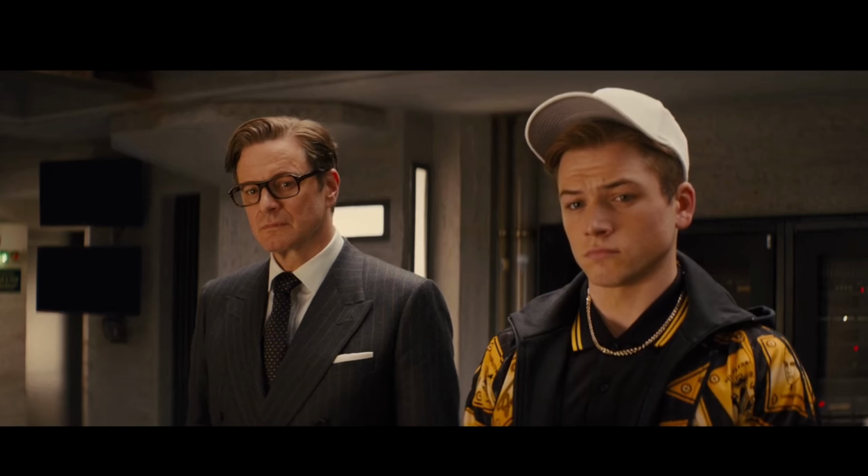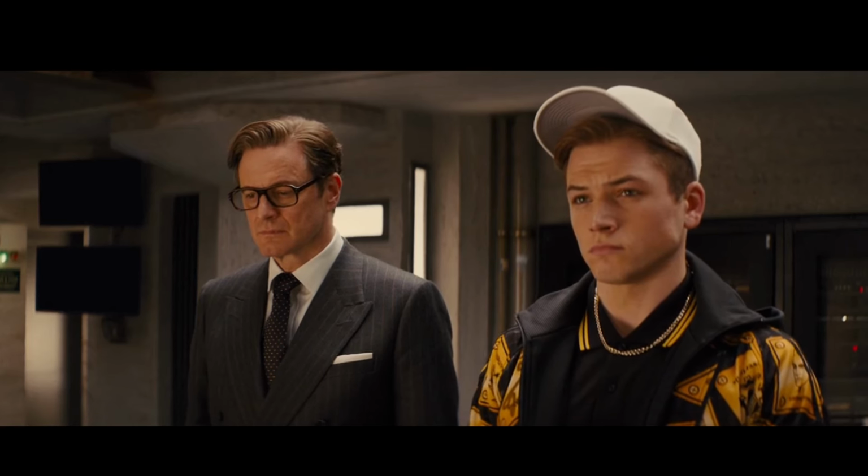Sticking with double-breasted jackets, we have Roger Moore's iconic look from The Man with the Golden Gun, his double-breasted charcoal chalk stripe suit. Fun fact, Bond only wears 4 double-breasted suits throughout his whole run, and all of them were worn by Roger Moore. This is my personal favorite out of all of them because it's very Kingsman-esque. Like the suit I'm wearing right now, heavily inspired by Kingsman, I think every man will benefit from having one